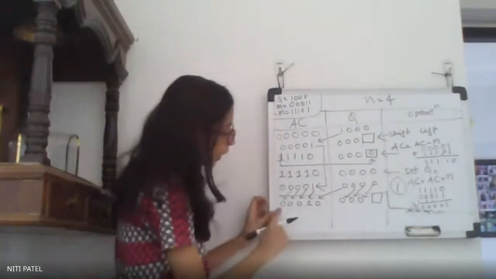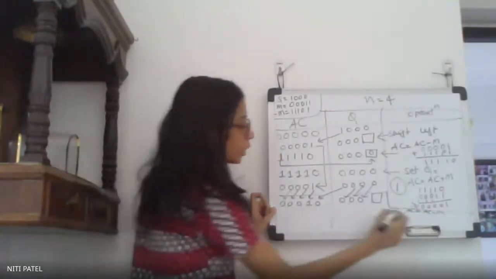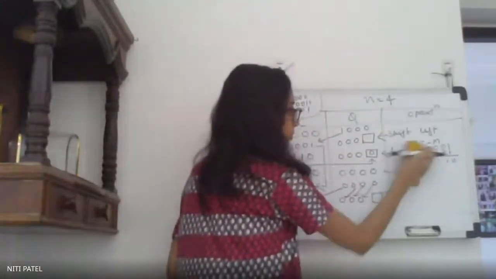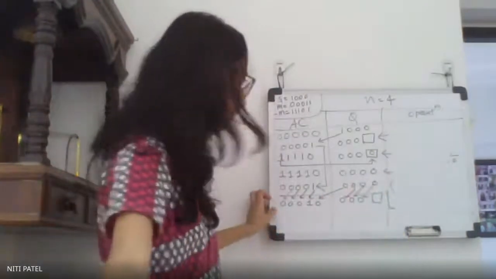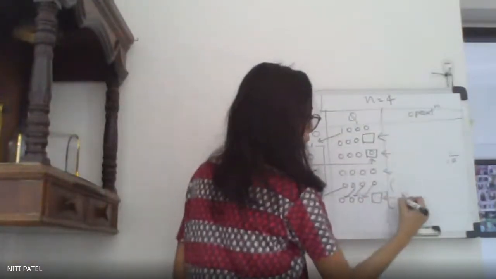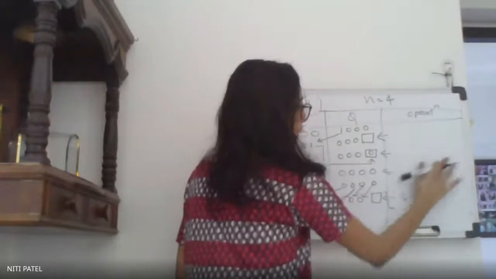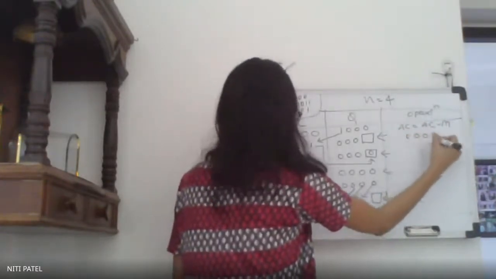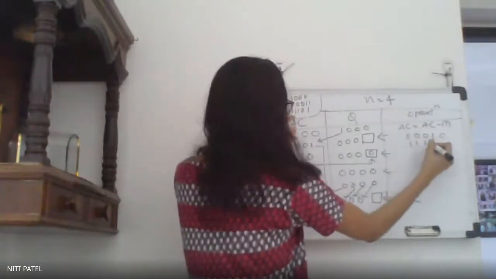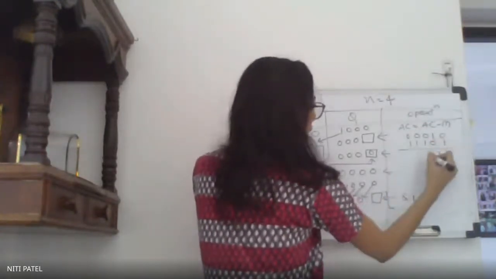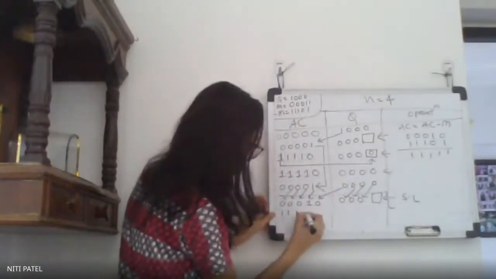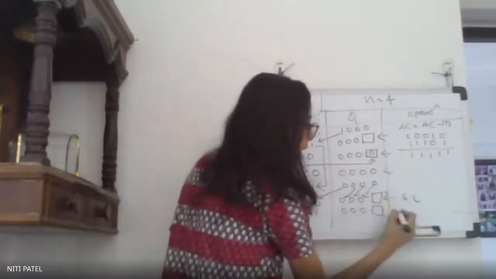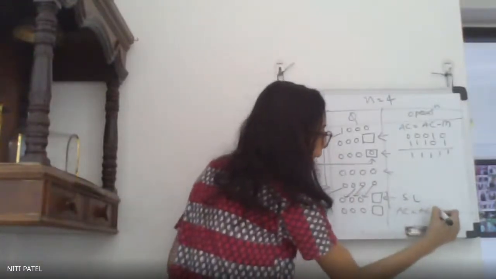What do I get? AC is 1, 2, 3 zeros. I am erasing this part, okay? So that I get space. This is the answer of shifting left. Then I am doing AC is equal to AC minus M. What is my AC? 3 zeros, 1 0. What is my minus M? 1 1 0 1. What I get is all the 5 ones. 1, 2, 3, 4, 5, 0, 0, 0 and again blank. Now this is the result that I have got for AC is equal to AC minus M.